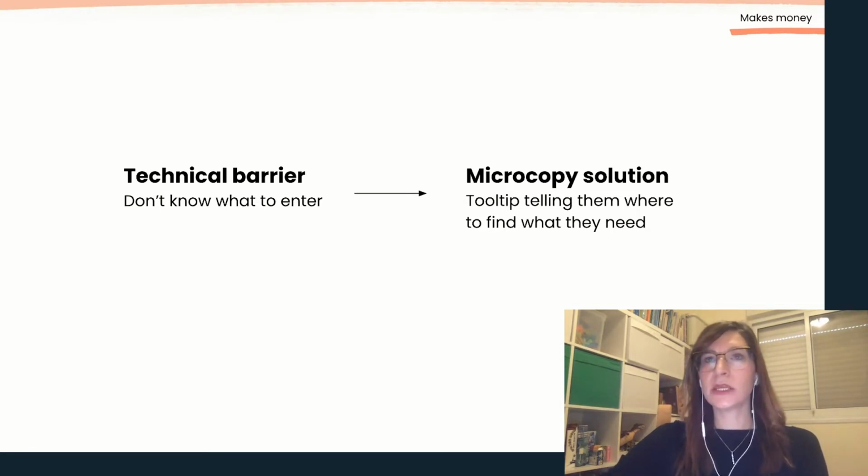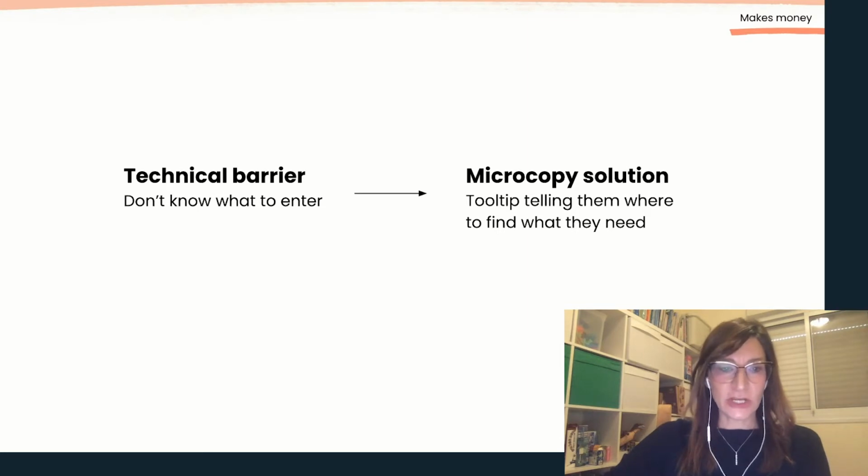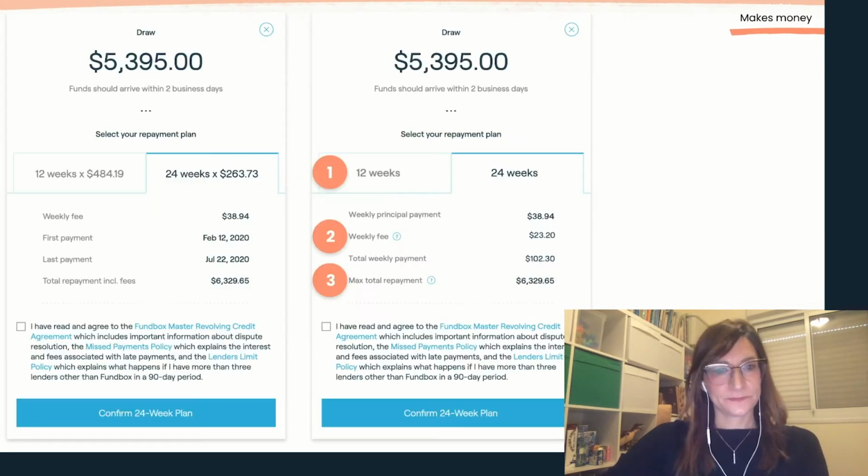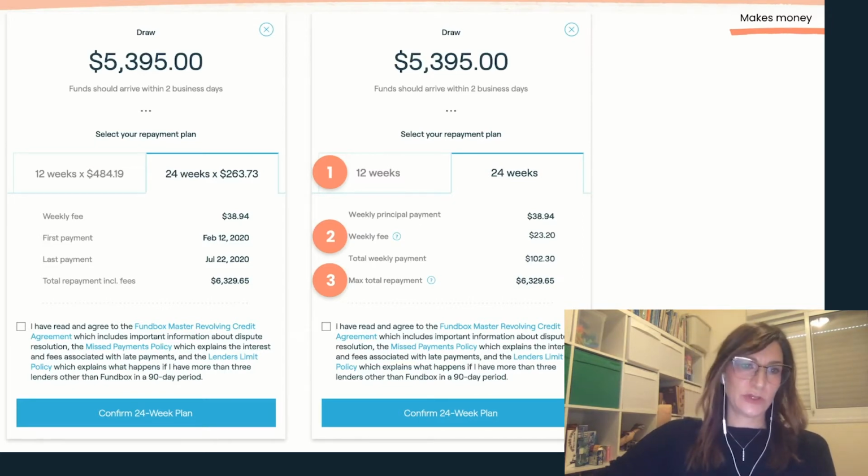Again, this wasn't an issue of having to convince them, having to market to them why this was important. They just didn't know what to enter, and they had this technical barrier that prevented them from moving forward in the flow until we solved it with microcopy. Another really critical example,